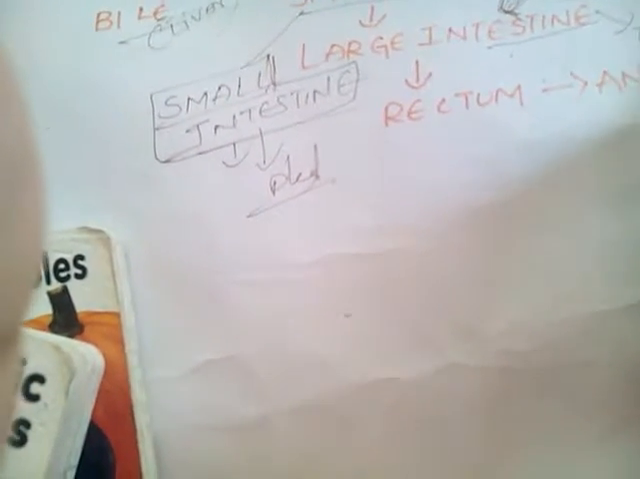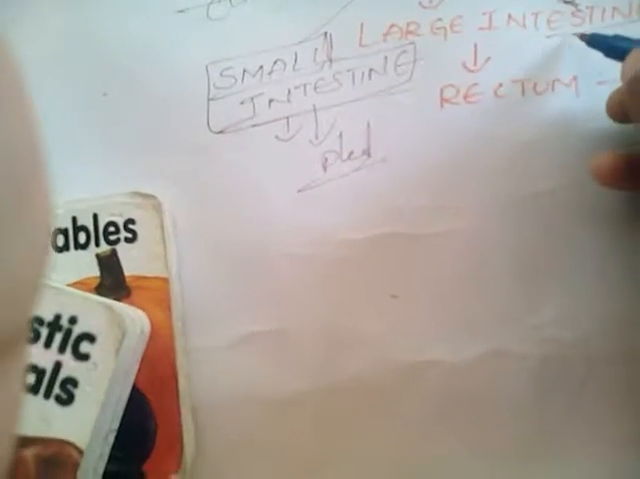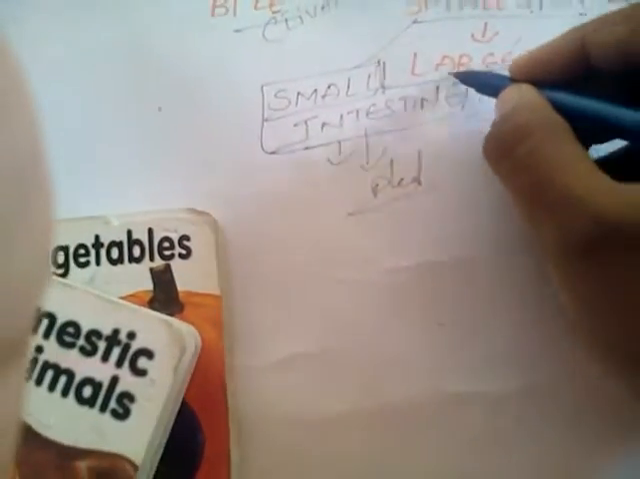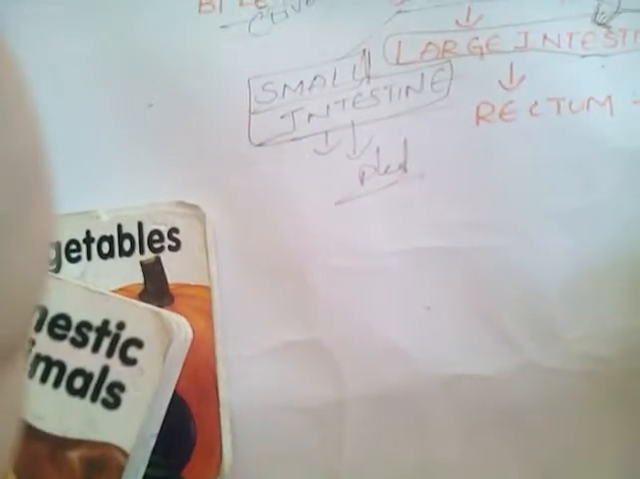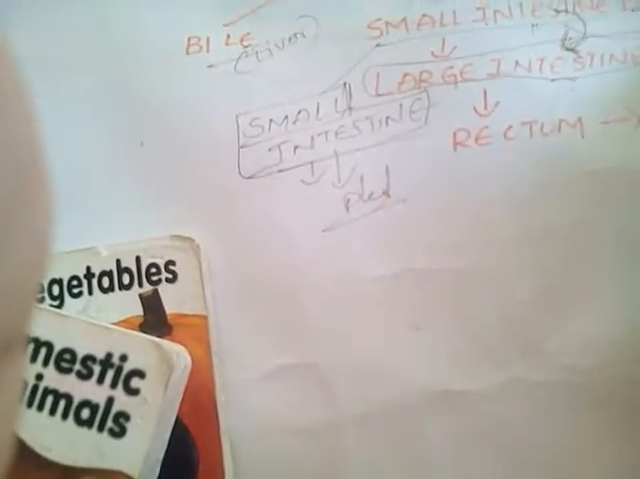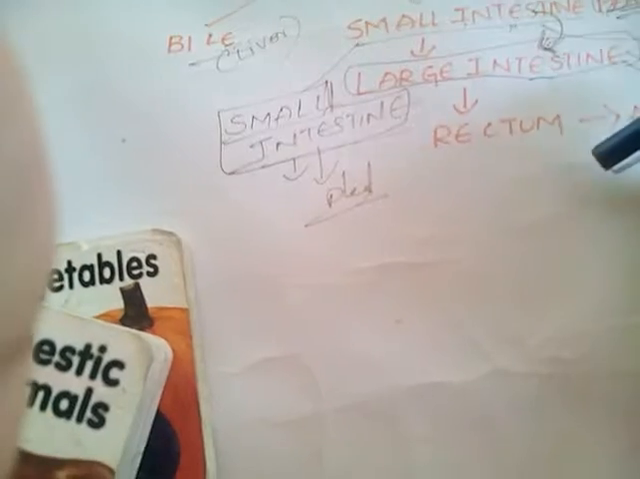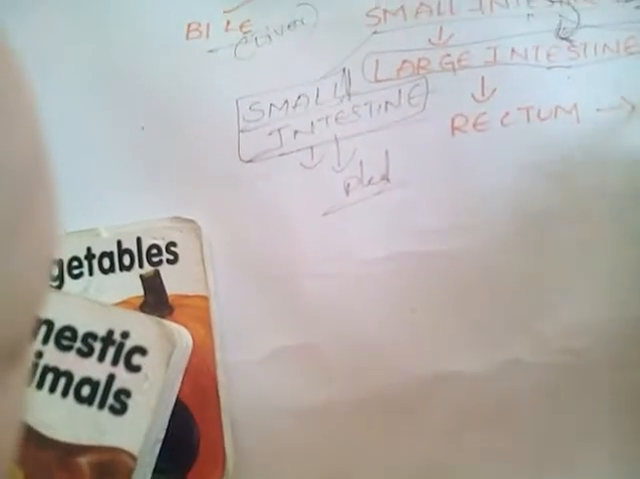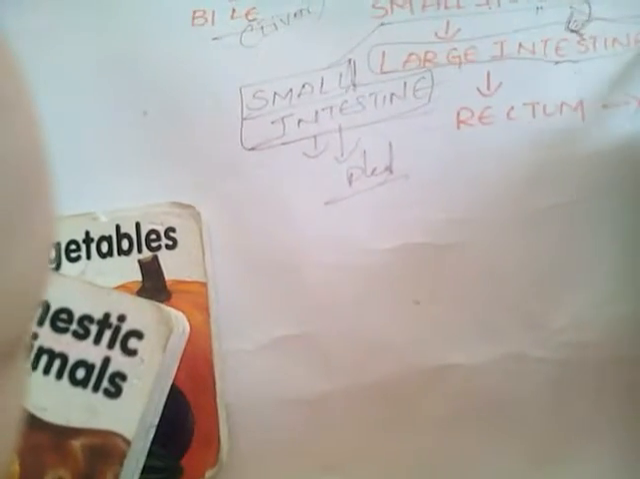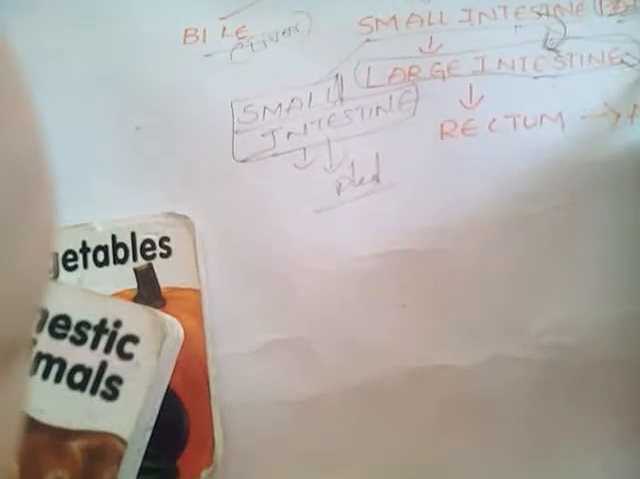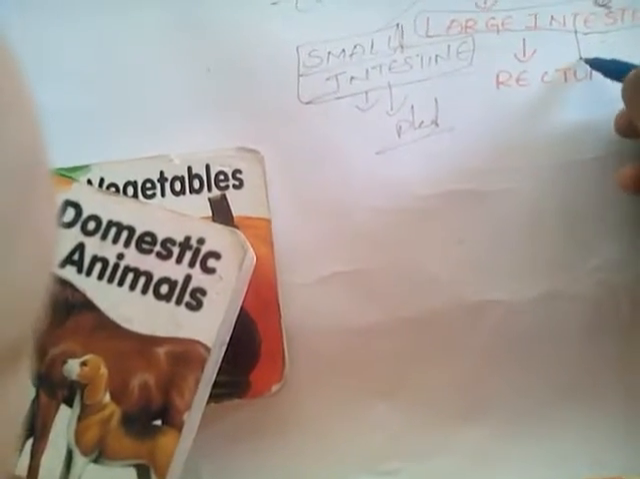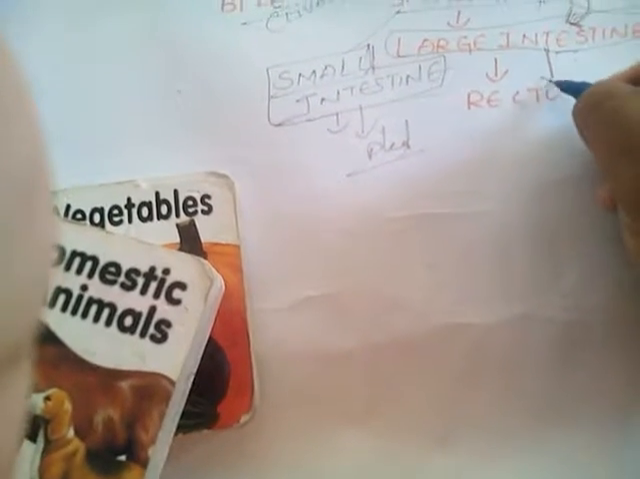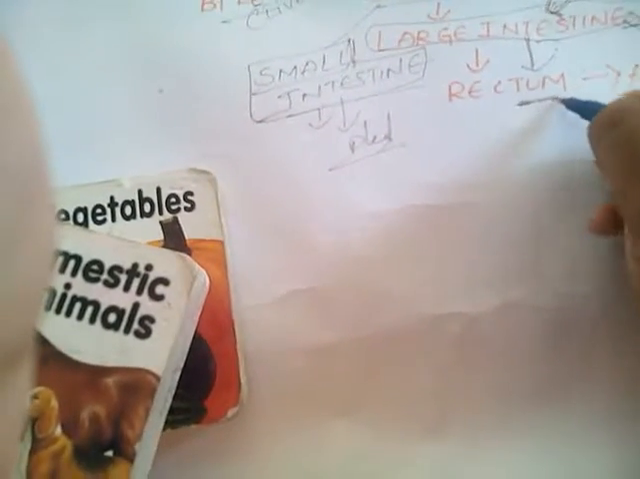After the food is transferred into the large intestine, the large intestine just absorbs the water from the half-digested food. That means when it reaches the large intestine, the digestion is completely taken over. Only the large intestine absorbs the water, and the remaining food will be passed into the rectum